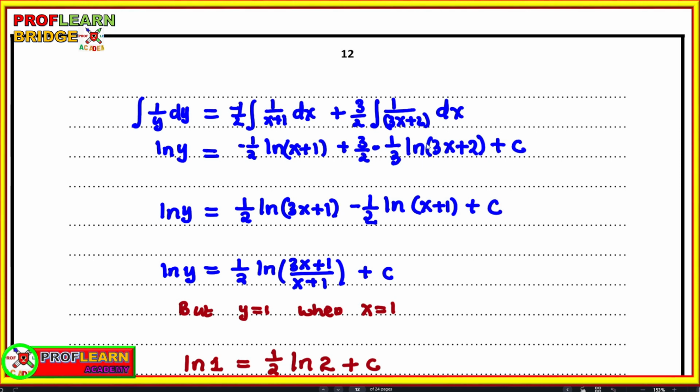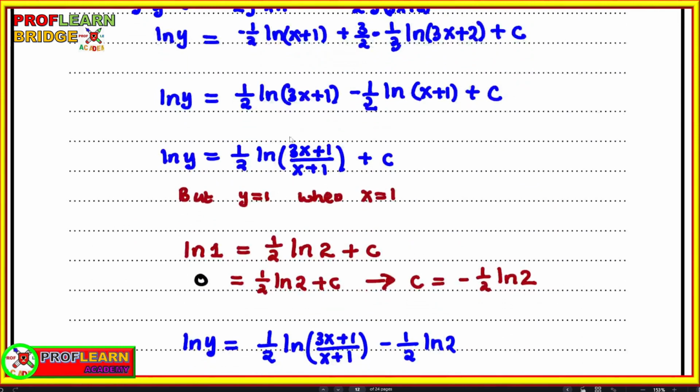So it is going to be ln of 3x plus 1 divided by this number 3 that we have here, times the 3/2 that we had originally,